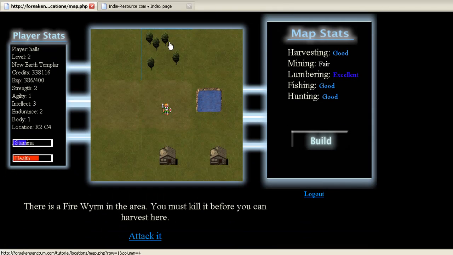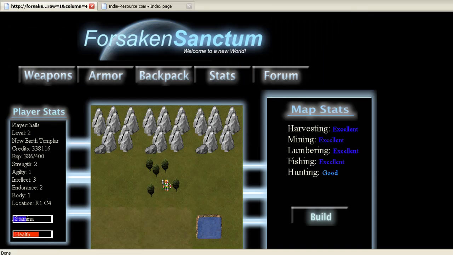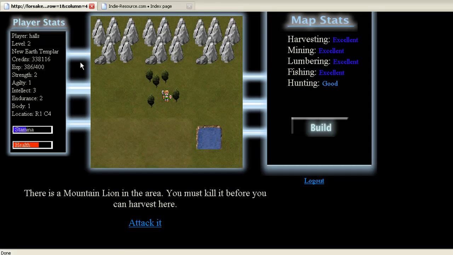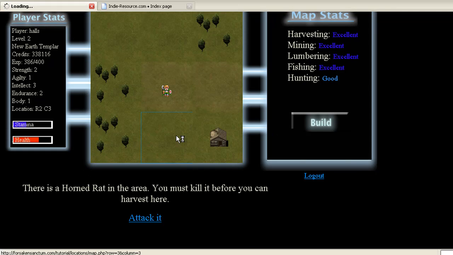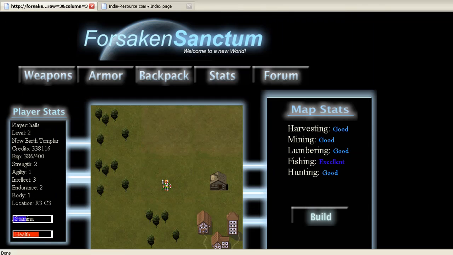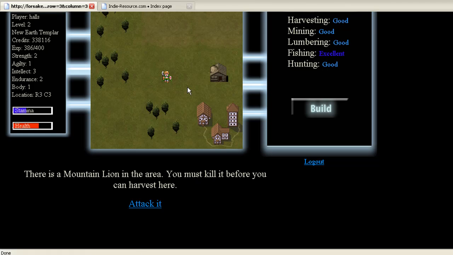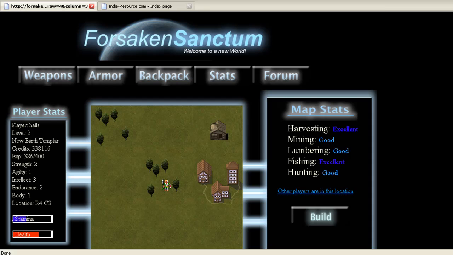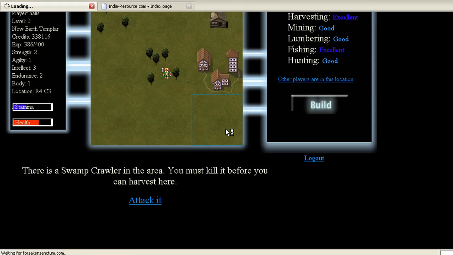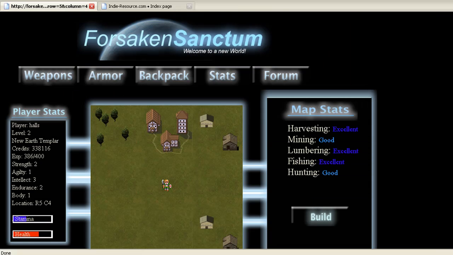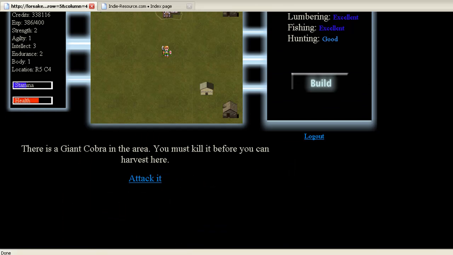Let's see. Let's find us a good empty spot. Go down here. A lot of creatures. Creatures are the same for everyone. So in other words, if I attack this and leave, somebody else can come along and attack it, and the damage is still there. So you can actually kind of raid big creatures, like real strong creatures that come into the game. You can have 4 or 5 people go down there and attack on it, and it'll share the